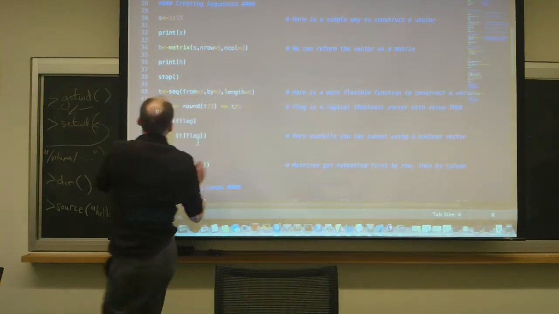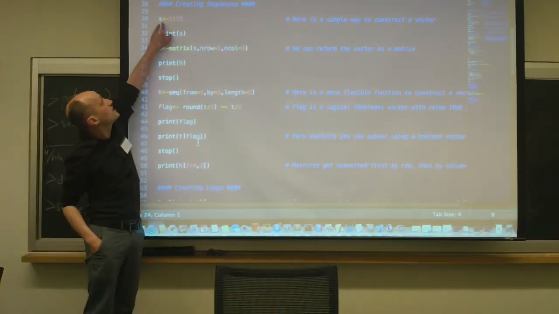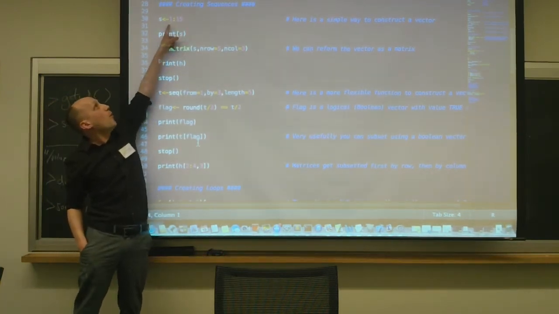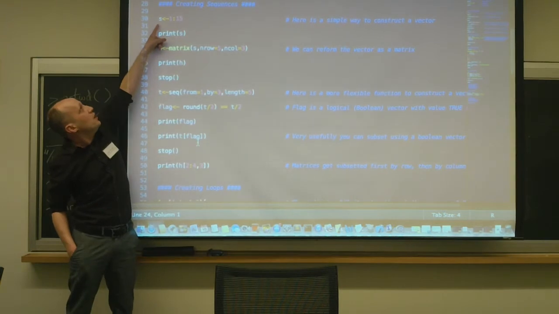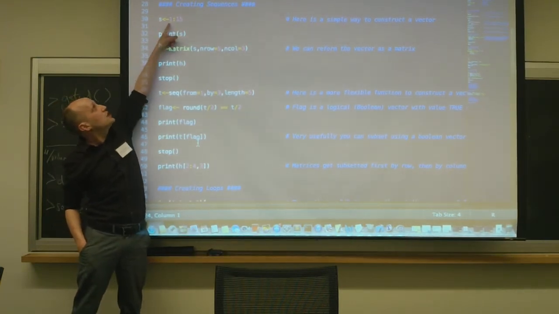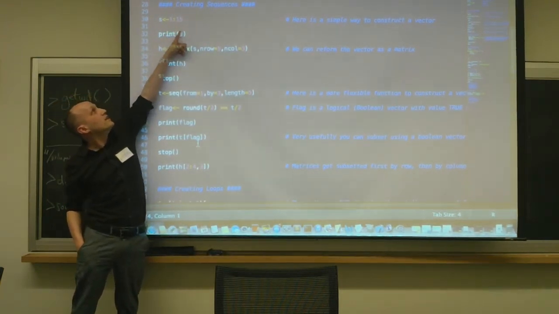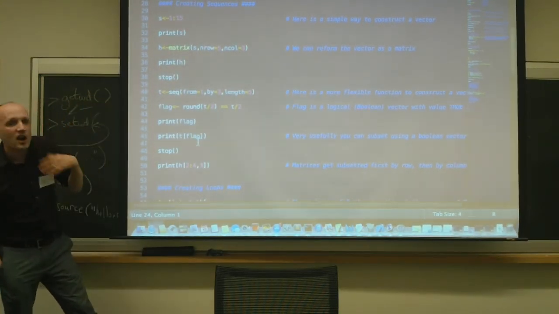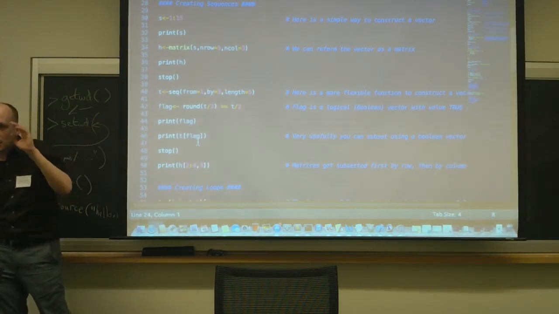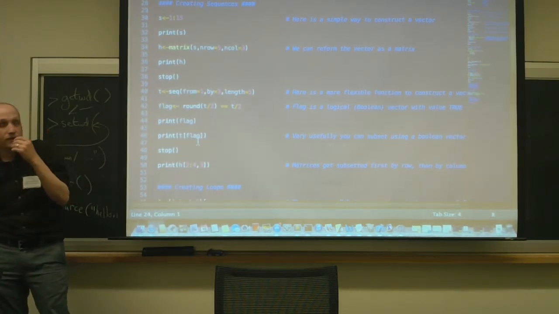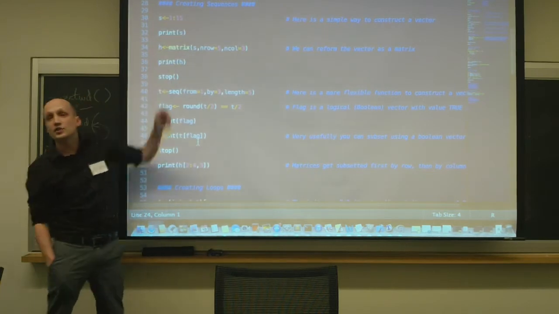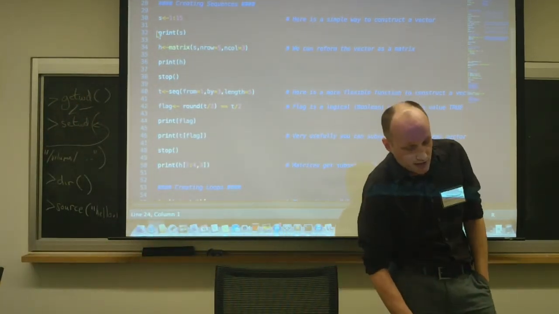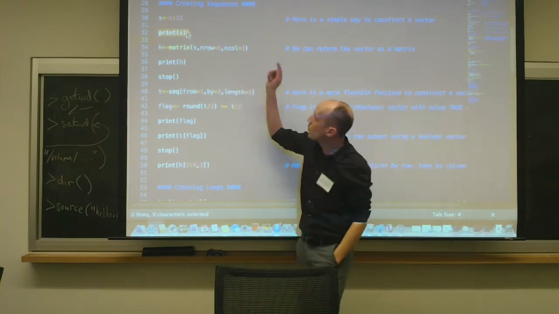Next, we're going to build some other types. So the first thing I'm going to do is build a sequence. Here's a quick notation for a sequence. This is going to be a vector that goes from 1 to 15. So I'm going to create a new object called S, and I'm going to assign to it the vector that comes out of this 1 to 15. Okay, so this is some of the notation in R, some of the operators that exist in R, like plus, minus, divide by. You're probably familiar with this: the little colon here constructs a sequence. Okay, a little operator there. So it's going to print out S, so that should look like a vector from 1 to 15.